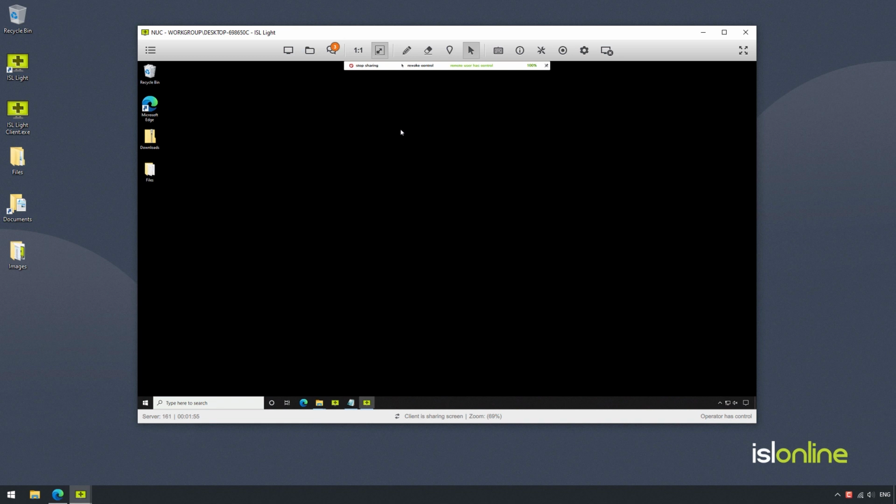In this video, we're going to show you some whiteboard tools that you can use during a remote desktop session. Once you're connected to a remote computer, you can find these whiteboard options in the toolbar, and you can easily switch between them. So first we have the marker. When selected, you can click and drag to draw certain elements on the client's desktop.